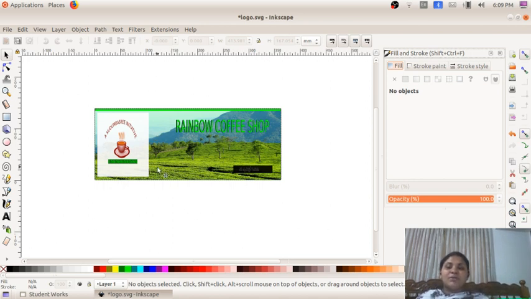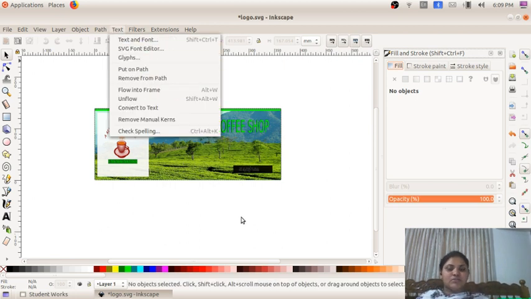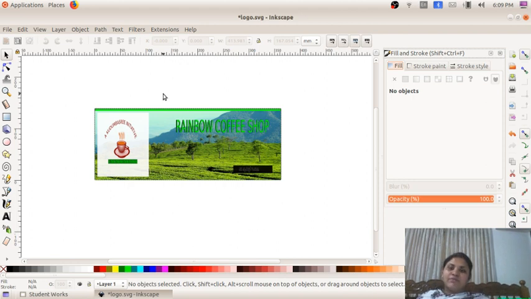So using this Kudumbashree initiative, we selected both the objects, that semicircle and text message. After that, we use the method text put on path. When we finish that method, you can see the text comes on the semicircle. But we don't want the semicircle, so we have to remove it. For that, we have removed the fill and stroke of the semicircle. So we will get the text in this format. After that, we place the text on the cup and saucer, right? So this much was ready at that time.